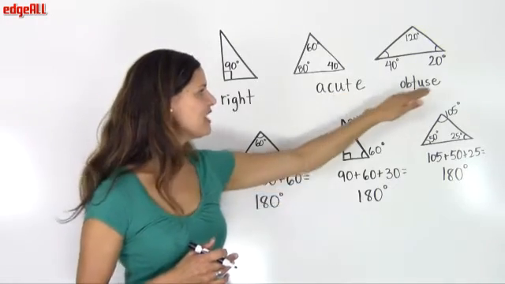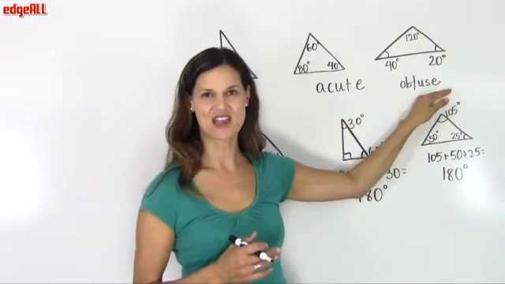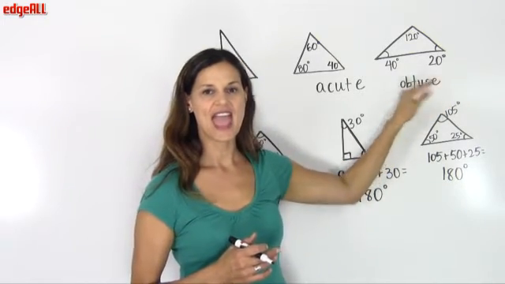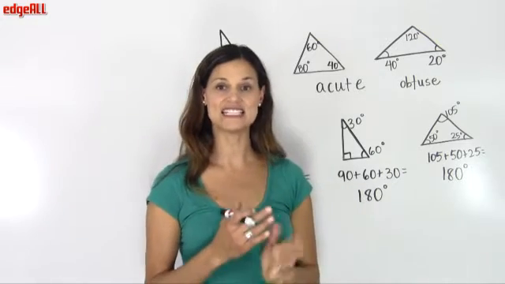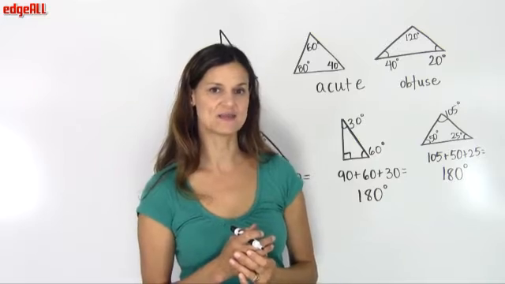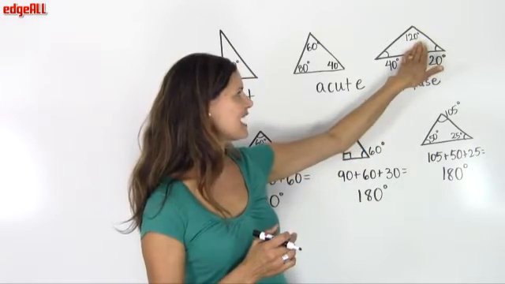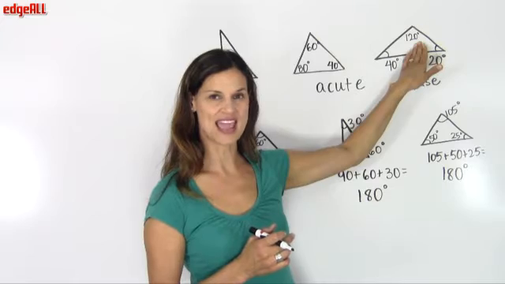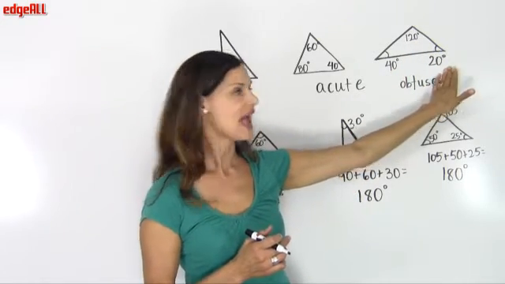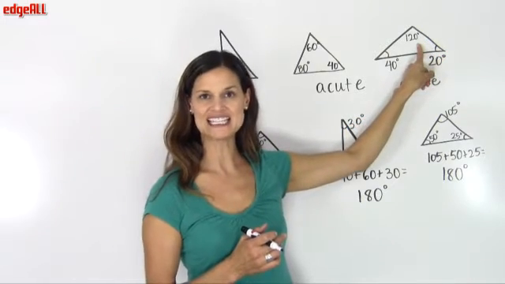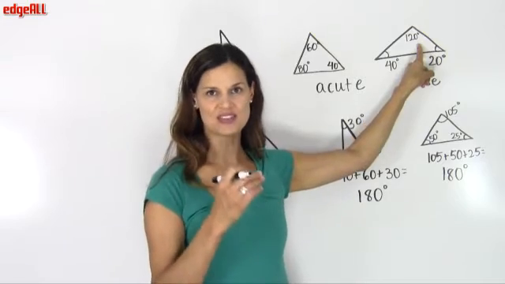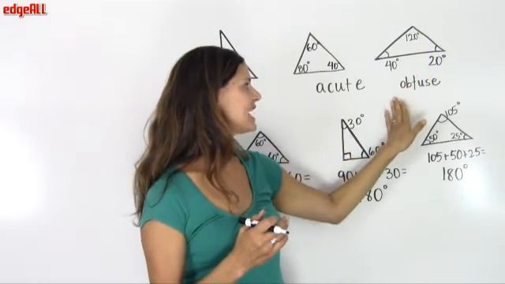triangle. The third type in relation to the angles is called an obtuse angle triangle. An obtuse angle triangle contains one angle greater than 90 degrees. So in this case, I have 120 degrees in one of my angles, 40 degrees and 20 degrees in the other two. And so since this triangle contains one angle whose measurement is greater than 90, that makes this an